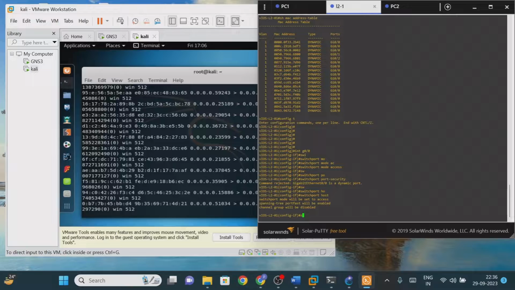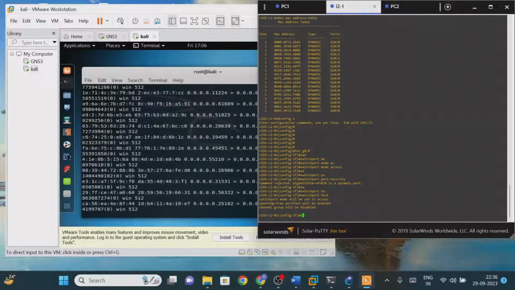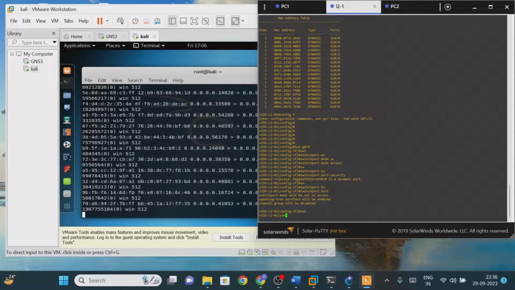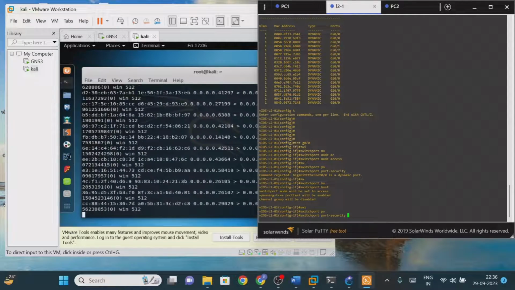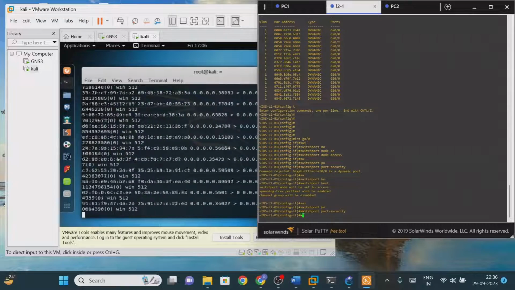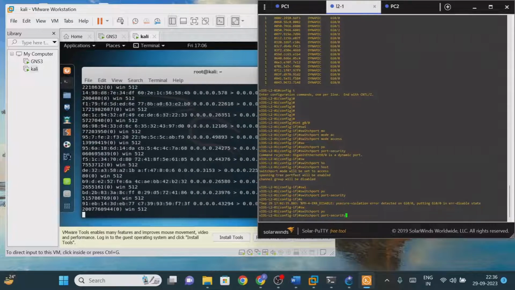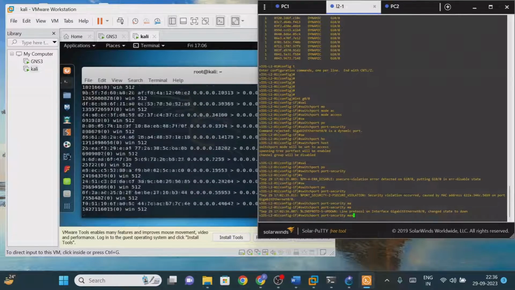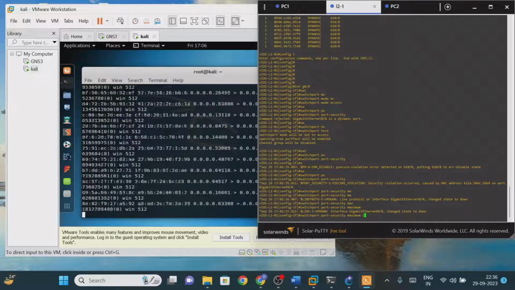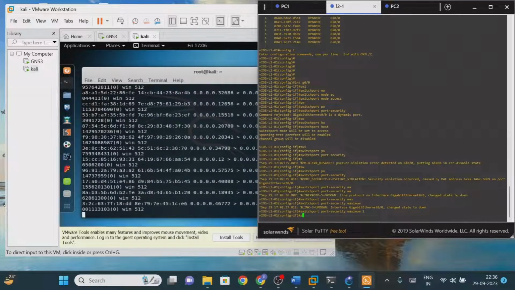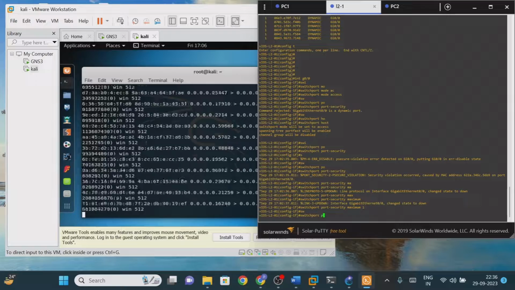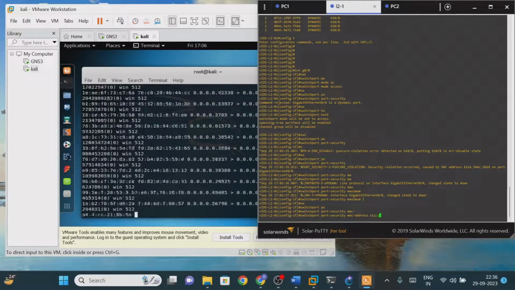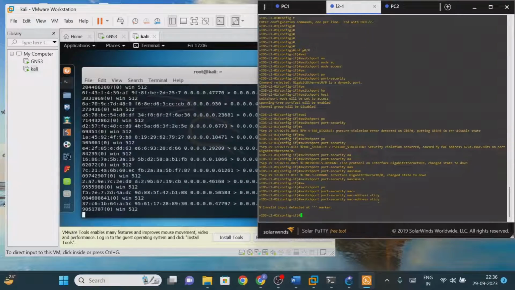Now we will implement the port security operation. Switchport port-security. So how many maximum can we give here? Maximum is one, so we will allow only one MAC address, right? Then switchport port-security, that MAC address we need to assign. So by default we will use sticky so that it will automatically take the MAC address value, right?